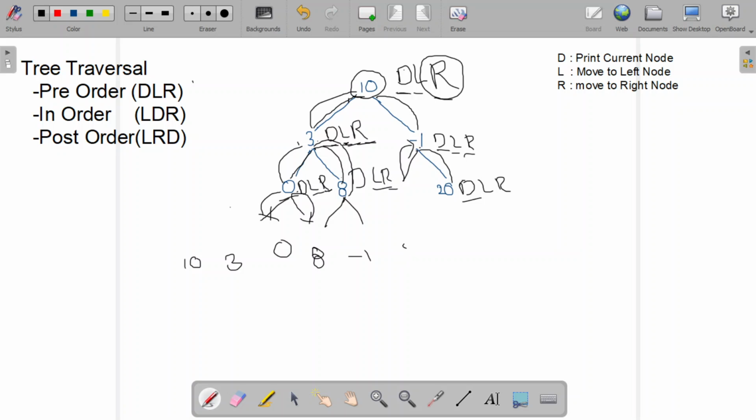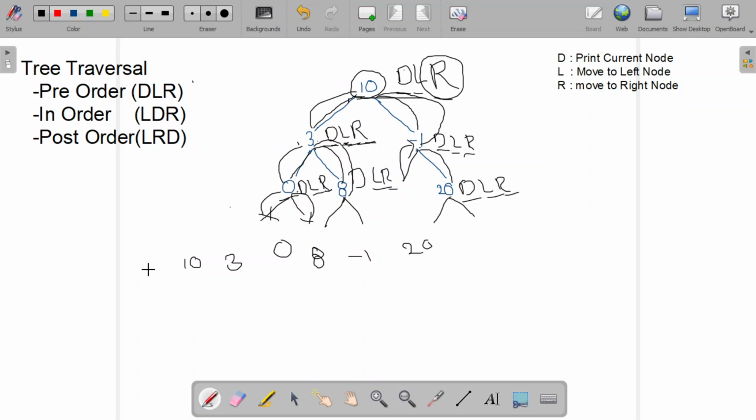Here we are printing the current node, and going left, going right, both are null, so we are going back to the root node, and the root node is 1, and again it is completed. We are going to the root. Yeah, now the function will be completed.